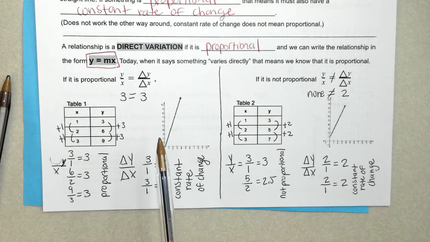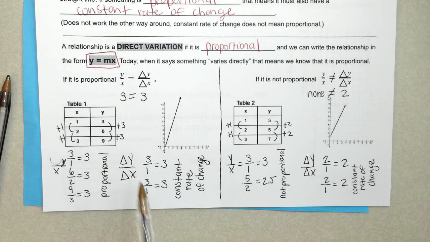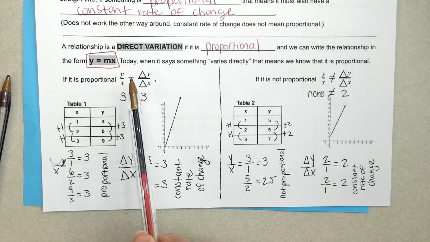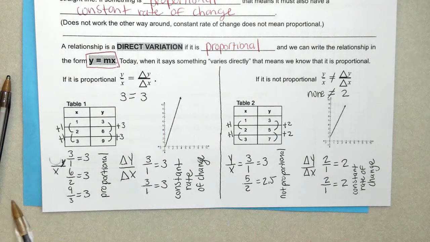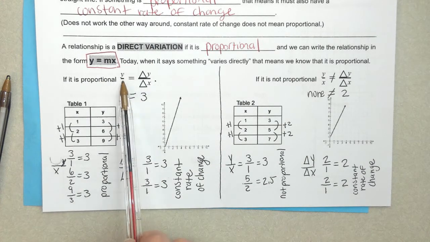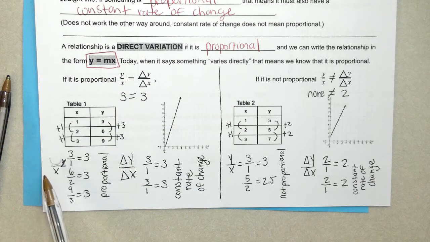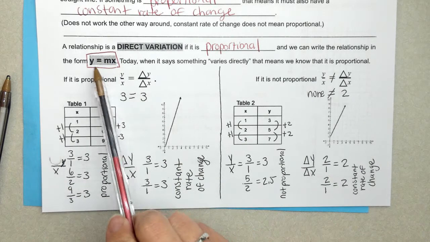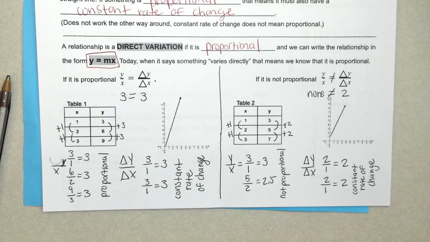And anytime it is proportional, these two are going to be equal to each other. My y over x is equal to my change in y over change in x. So anytime it is proportional or a direct variation, these two things will be equal to each other. Then today, the new part is that if we know it's proportional, we can use this to write an equation for that